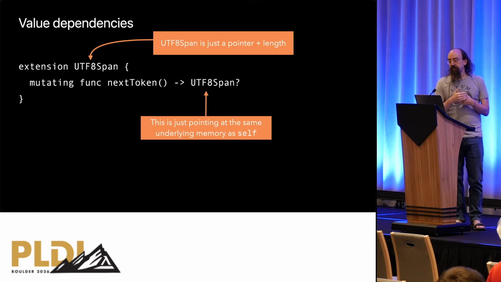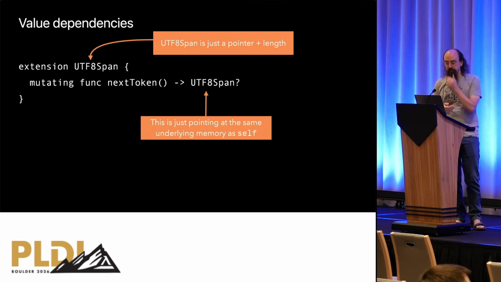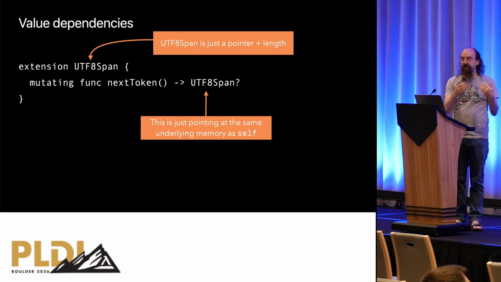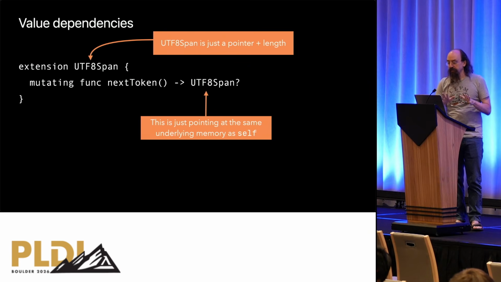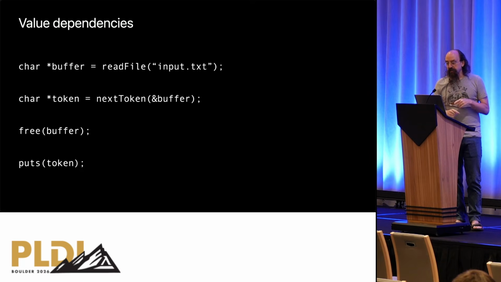Now, the thing is, my tokenizer doesn't really care about the ownership of the string data, right? What I'd really like to do is just say, look, you give me a pointer to an array of characters, and I'm going to give you back a slice of that that corresponds to the next token, right? This is my low-level interface to a tokenizer. It's your problem as whoever is calling me to worry about how long that array and that slice are going to last. It's your problem. That would be a very efficient API with no added overhead for managing memory, just like you could write in something like C. Of course, in C, that would be completely unsafe.